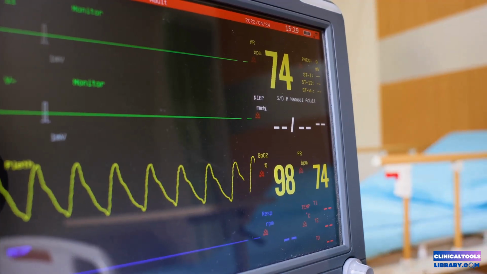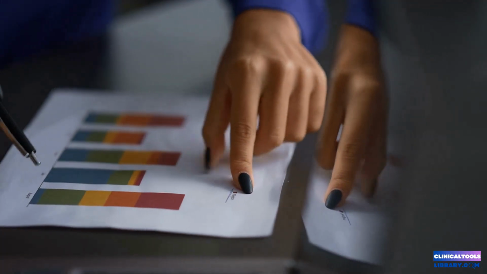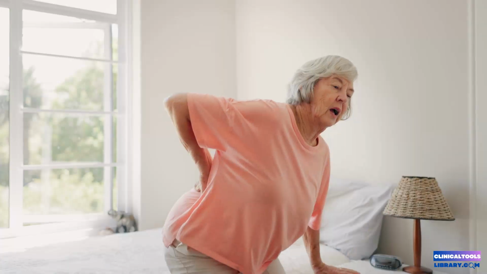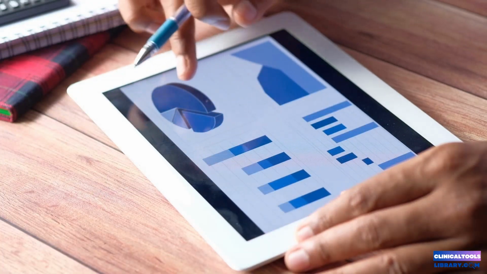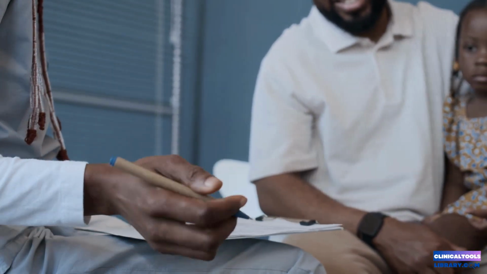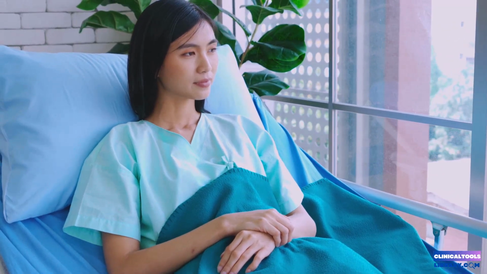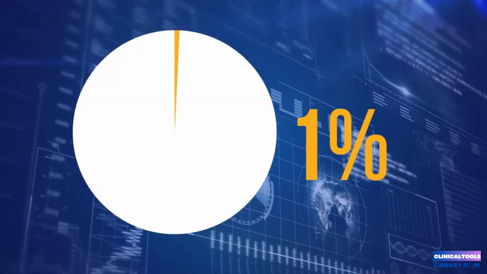Empirical studies report sensitivity values for the Brief Pain Inventory ranging from 0.8 to 0.9, indicating a high capacity for detecting patients with pain. Specificity values are slightly lower, often between 0.7 and 0.85, reflecting a moderate ability to exclude